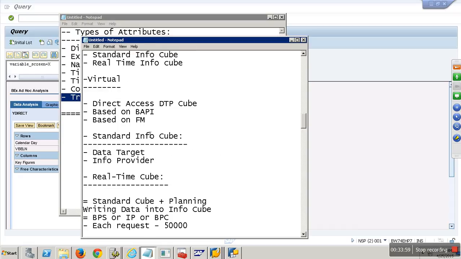Next, the next is what? Virtual cube based on BAPI and based on function module. When I say based on BAPI,